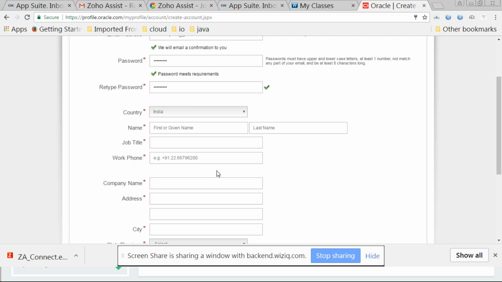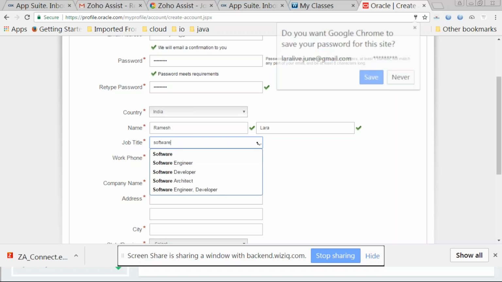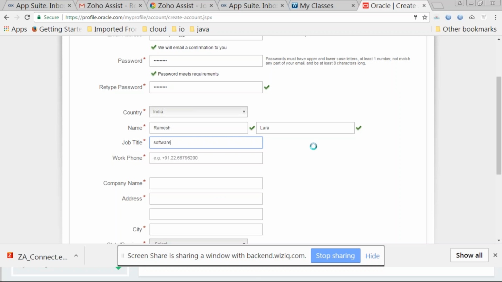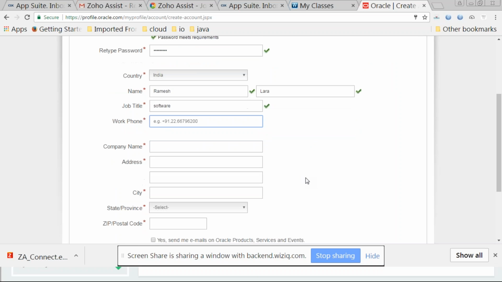Select the country, select the name, any name. Job title, any job title. Don't worry, you're not working anywhere. If you're thinking I'm not working anywhere, you can enter any job title, any work phone, any company name,